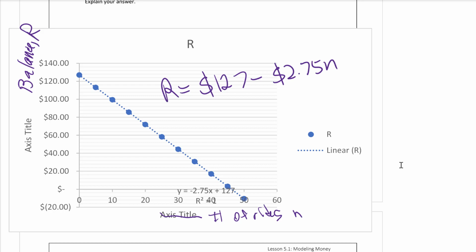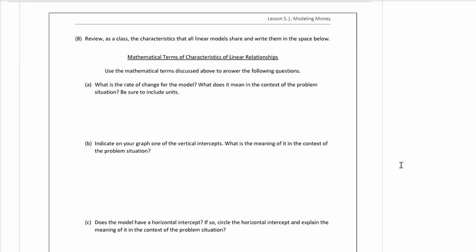Now notice, you see again, this is what we call a constant rate of change. All right, so take a note on that. That's $2.75 every ride, and it also has a starting value, which is 127. So that's another example of a linear model. I think that concludes our